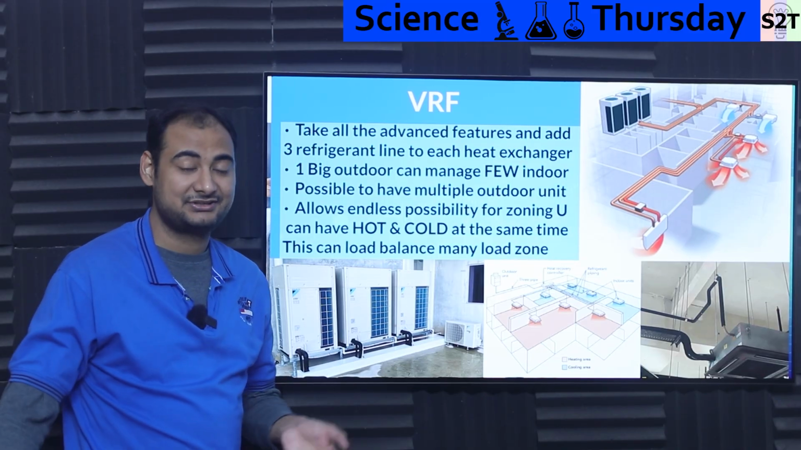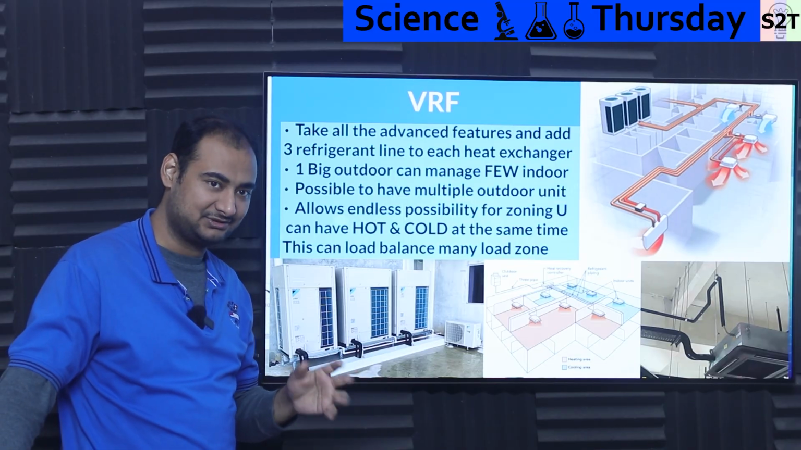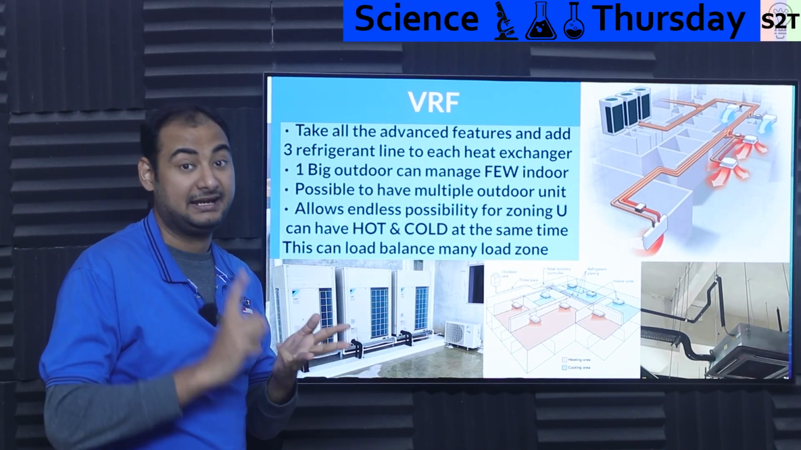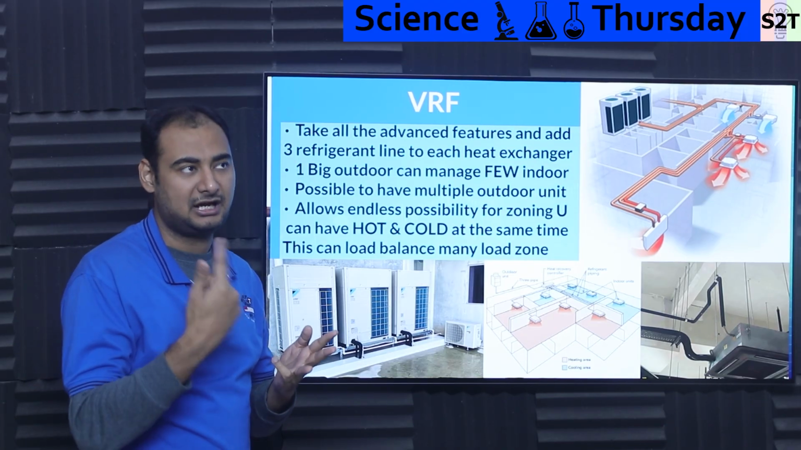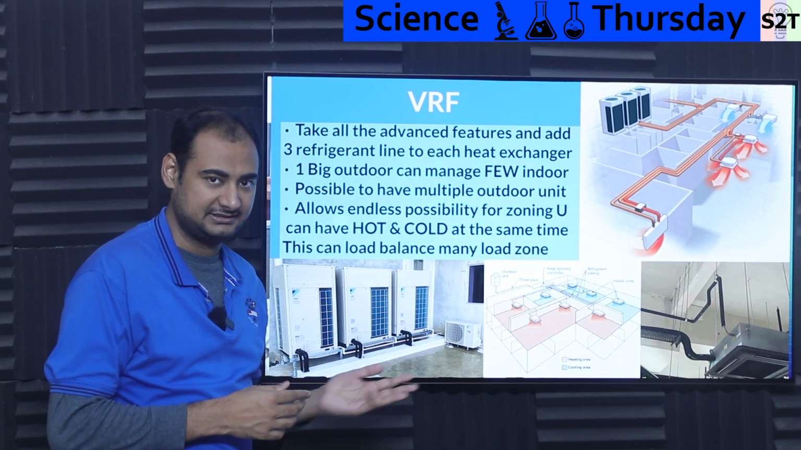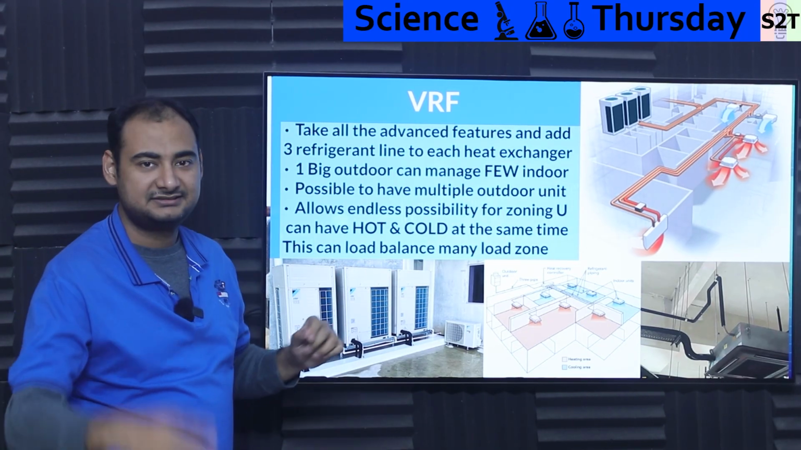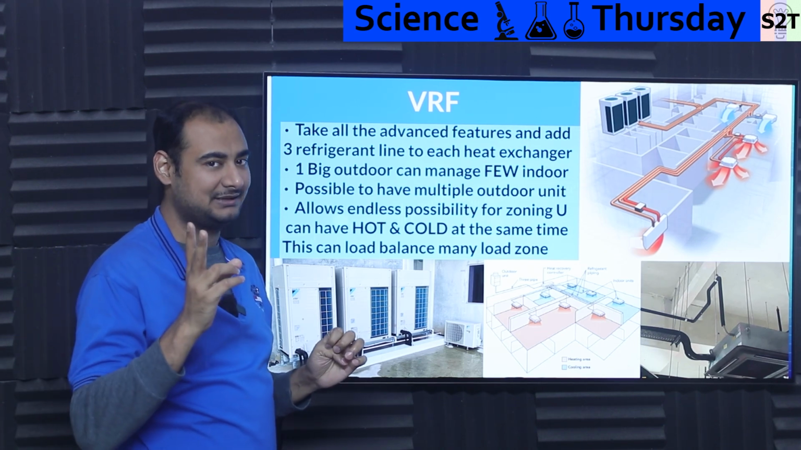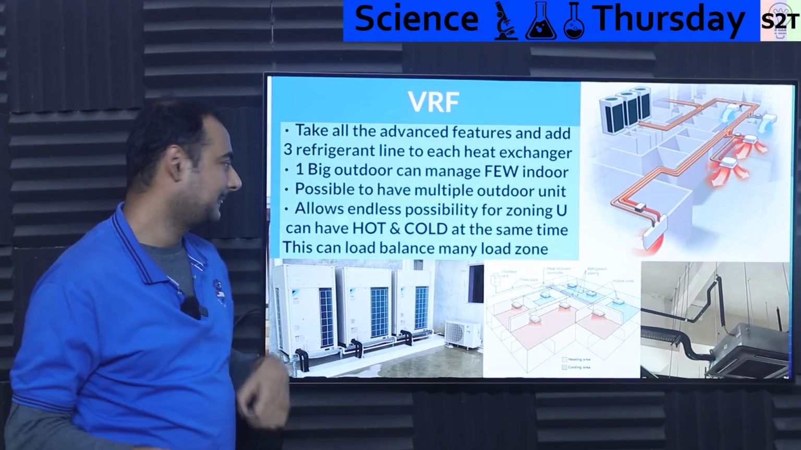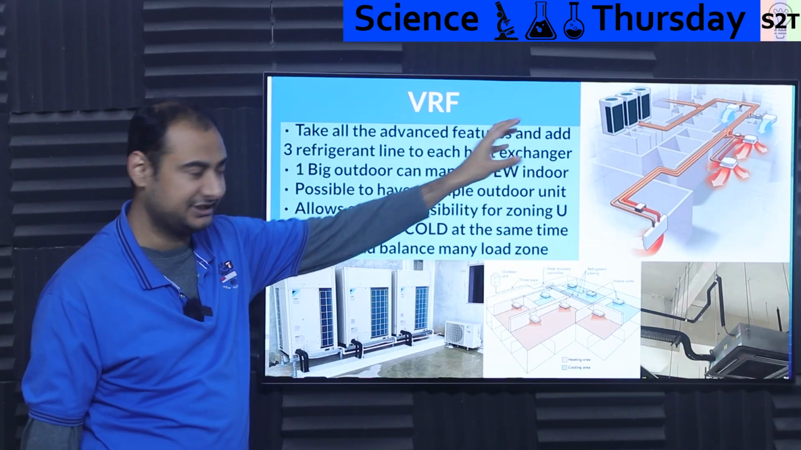So this variable refrigerant flow system takes advantage of all those features we have been talking about: the variable expansion valve, the 4-way valve systems, and the variable RPM, variable frequency drive of the AC compressor. It takes all of that advanced technology and adds 3 pipes. Generally you see only 2 pipes coming from your outdoor to indoor unit, only 2. Here you add a third one, and now you have the ability for one big puppy on the outside managing